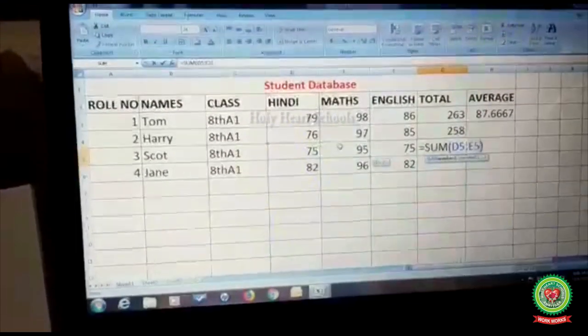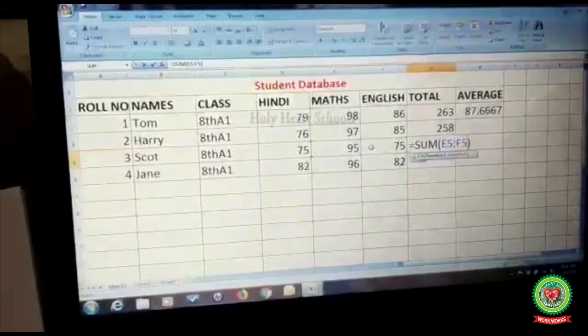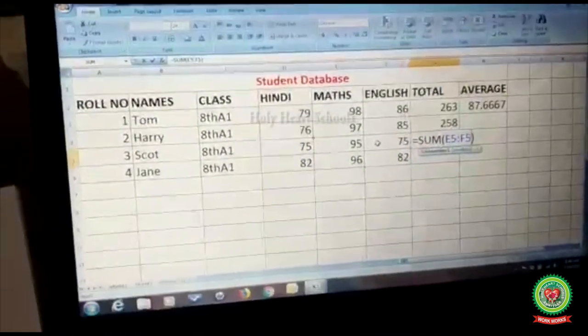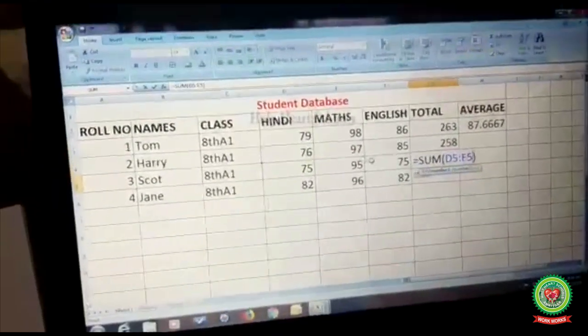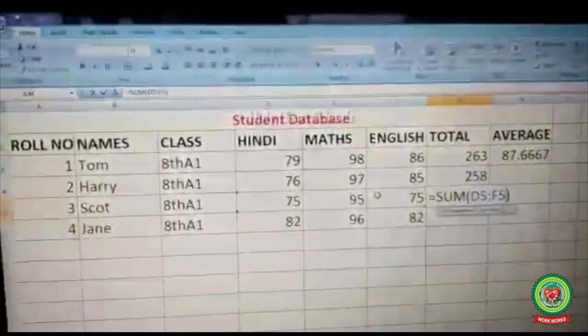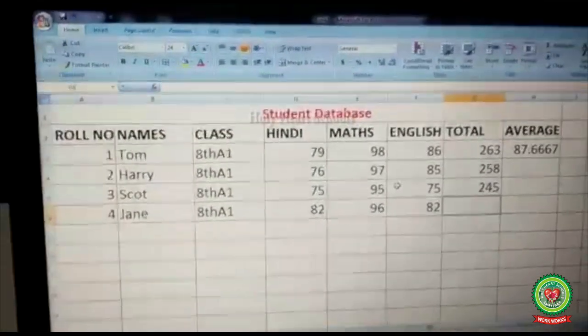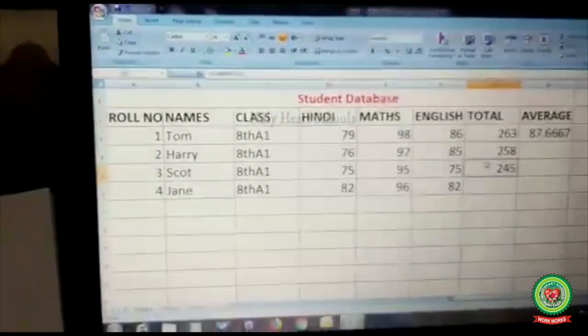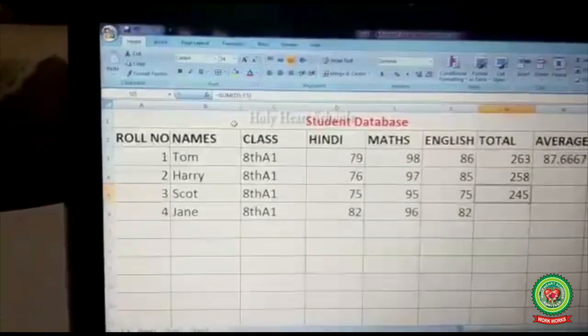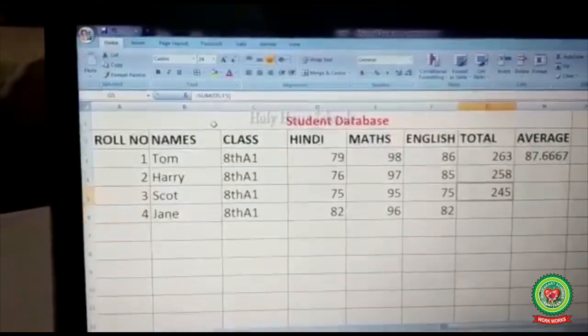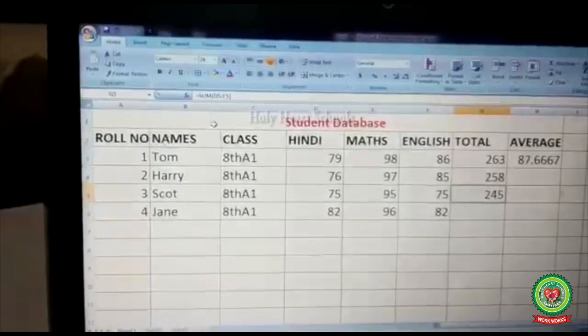I will drag these cell addresses, by dragging or by selecting them. Now you will see that I'll press the enter. It will also do the total for me. But I have not typed the formula or the cell addresses. I just dragged and I used a ready-made function. Its name is sum. That is known as functions.